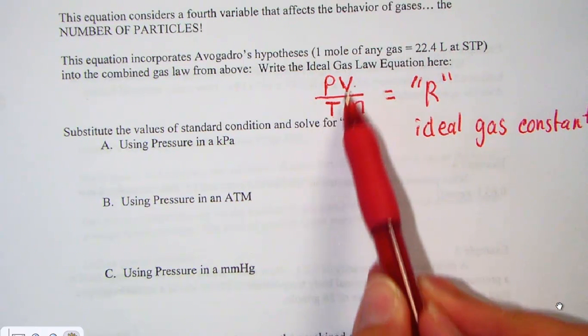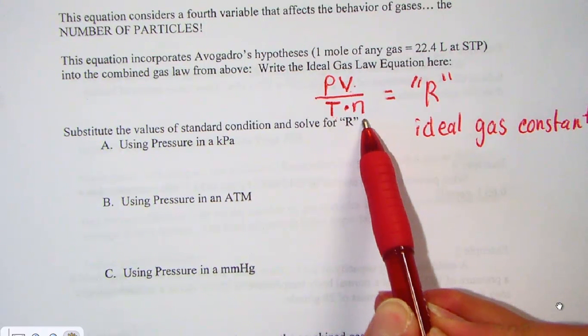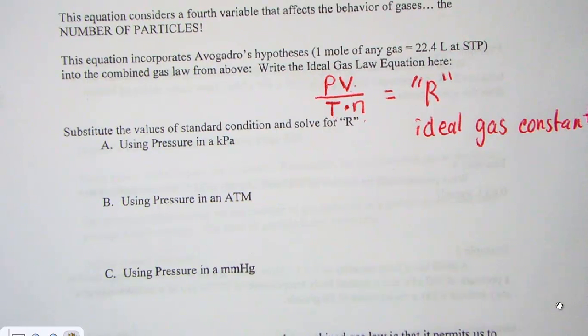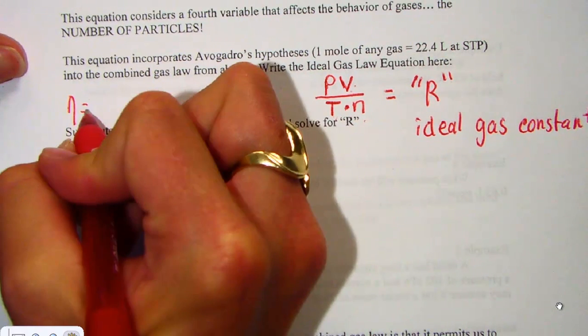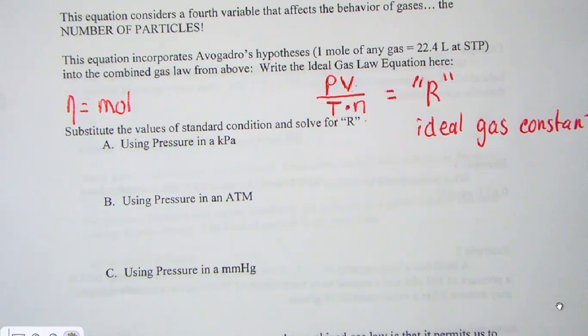related. P's and T's, V's and T's have that direct relationship, and we've introduced our last variable N, the number of moles. Now it's not a PV-MERT problem, it's a PV-NERT problem where N just happens to represent mole values. When we count in chemistry, we count by mole units. We don't count individual particles. So PV over Tn, where N stands for the number of particles, counting with a unit we're familiar with called